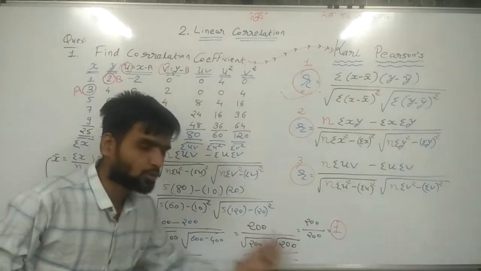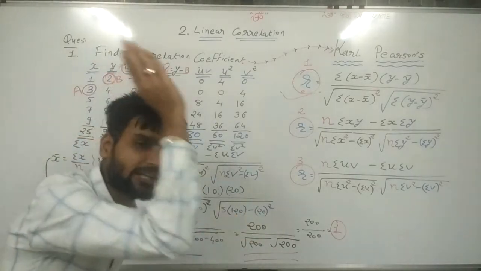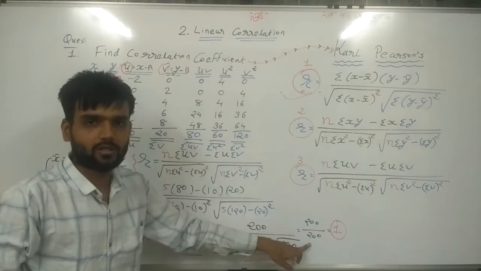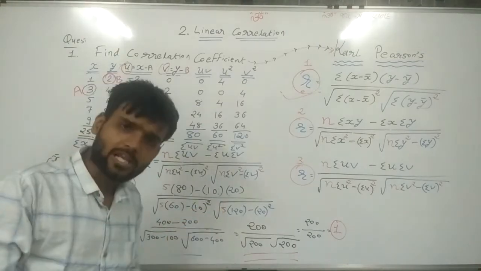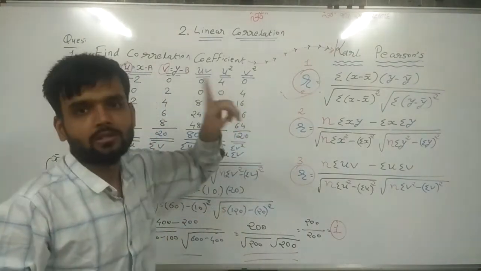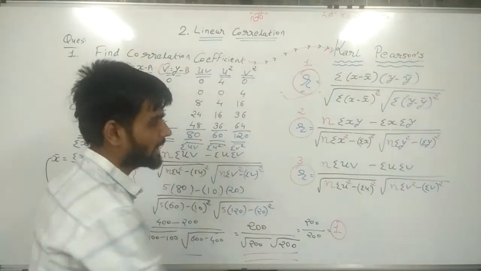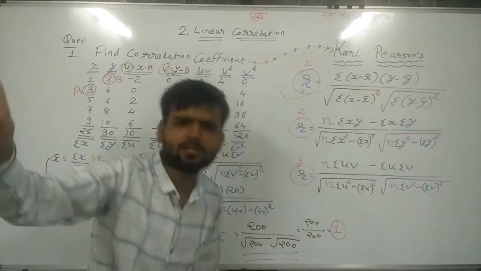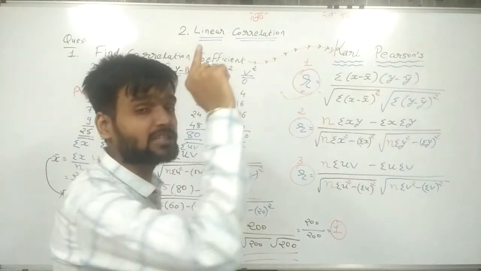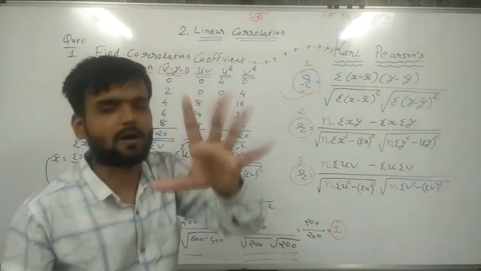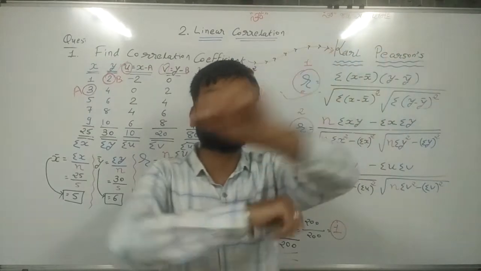600 minus 400, 200. Now the multiplication of root 200 and root 200, which we have done in the last lecture also, the answer is 200. 200 divided by 200, the answer is 1. Now the answer is the same in all three situations, that is proved here. You can use any formula in any sum in your textbook which will be asked in your examination in 5 marks. Now, a very important thing, I am talking about weak students.